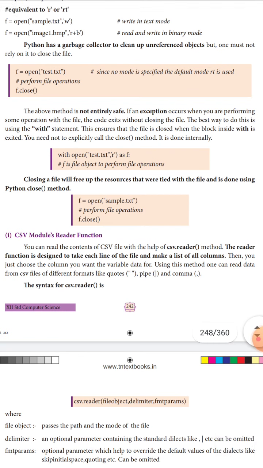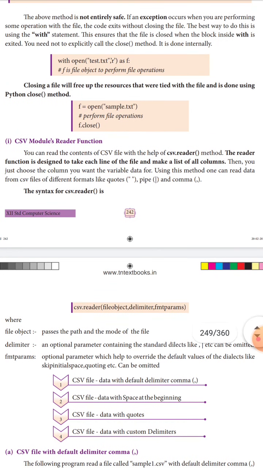With this method we can read the data from a CSV file in different formats, such as quotes, pipe and comma. What is the syntax of csv.reader? Inside the brackets we use the file object, delimiter and other format parameters.